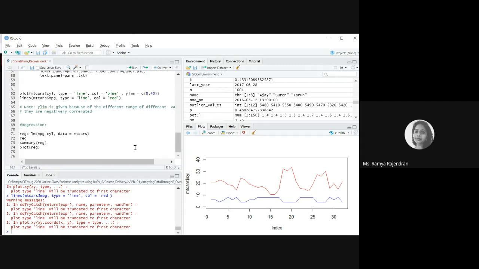Okay, let's move on to the regression. As you all know, regression is also used to find out the relationship between variables. Here, you will be getting a regression equation. Okay, you'll be getting an intercept. So you are able to create an equation in the format of y equal to a plus bx. So a is nothing but your intercept, and b is your slope. You can also form an equation through mean as well, but the most famous method is through least squares, y equal to a plus bx.